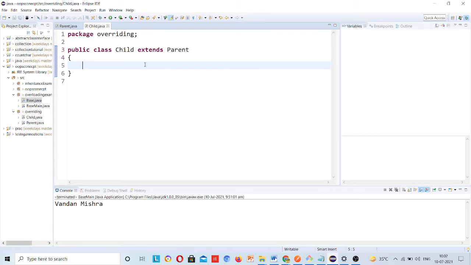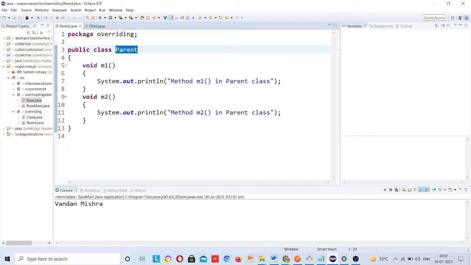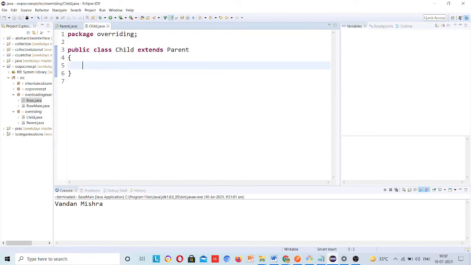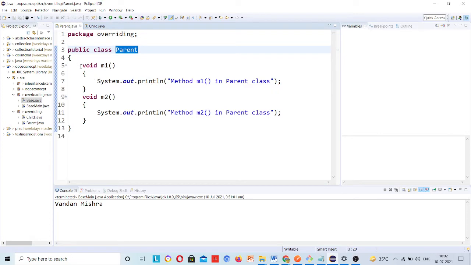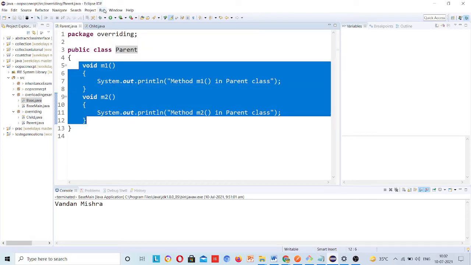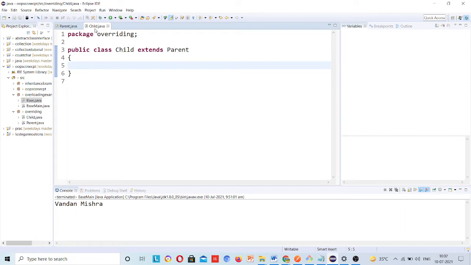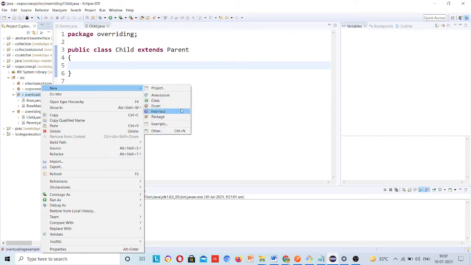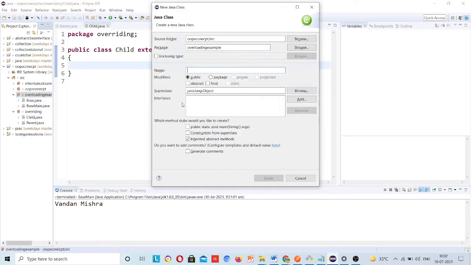So here, the child class is not satisfied with the parent class for this m1 method. So what I will do, you don't need to write these methods here, otherwise what is the need of the parent child concept. First of all, just go to main and check this method.